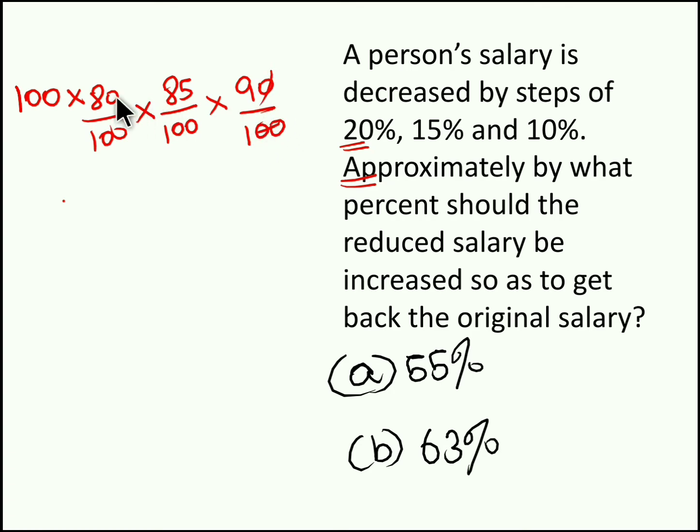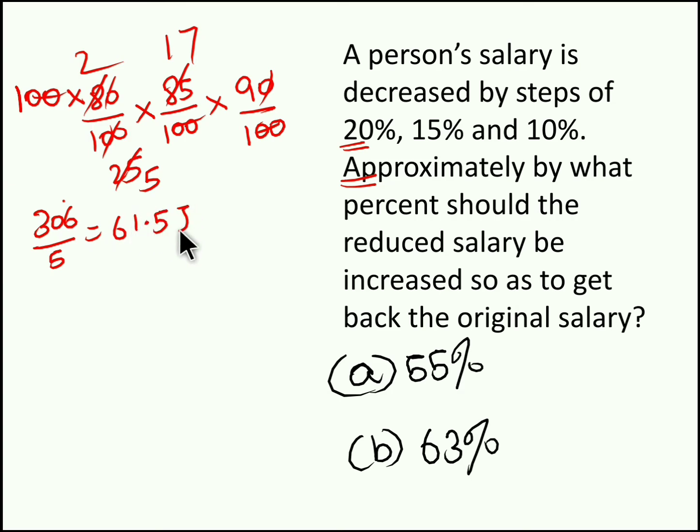So when you solve it, in the fourth table 2 times, in the fourth table 25 times. So in the fifth table 17 times, in the fifth table 5 times. So 2 into 9, 18, 18 into 7, you get 306. So 306 by 5, you get 61.5. 61.5 rupees. See, after all the reductions, he will get only 61.5 rupees. Now you can write the 61.5 as 62 rupees. Right? So he is getting only 62 rupees. At present, the 62 rupees is 100% for this guy.